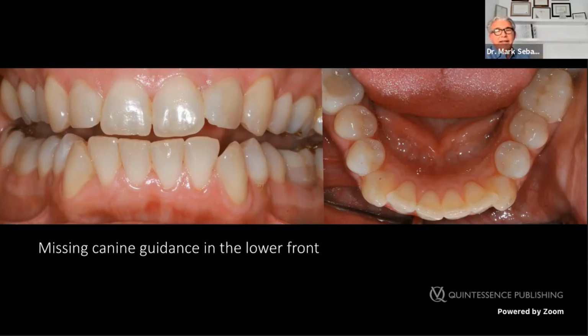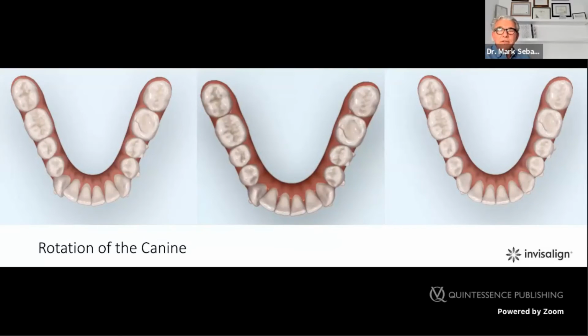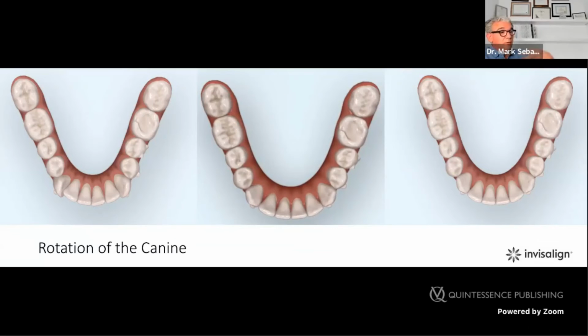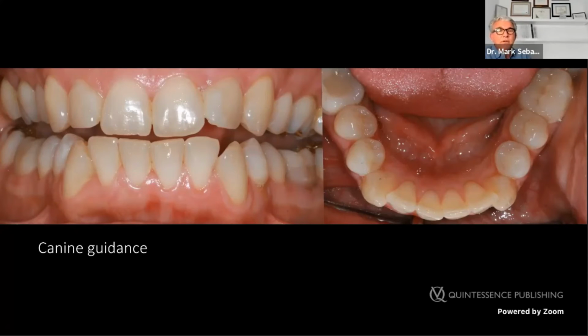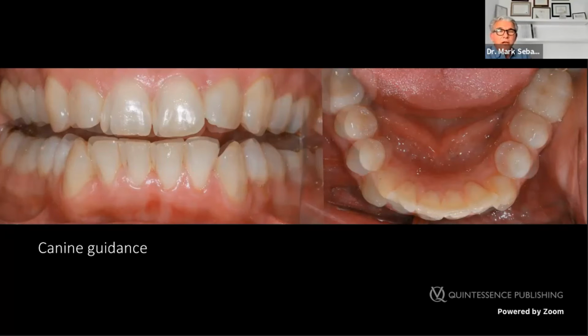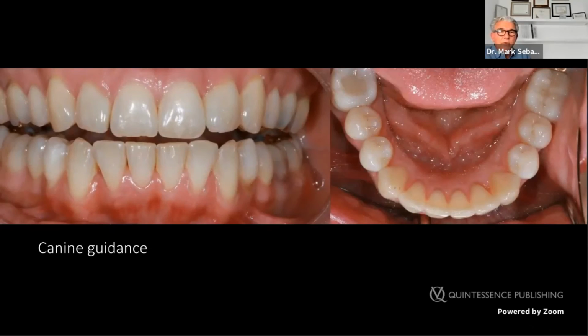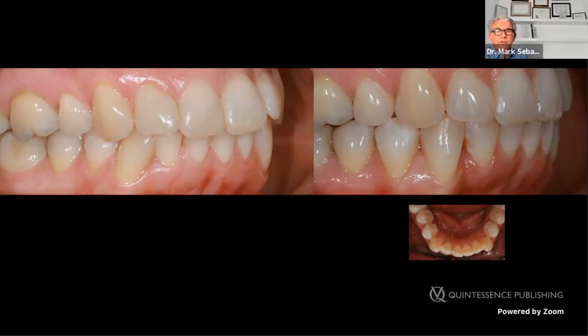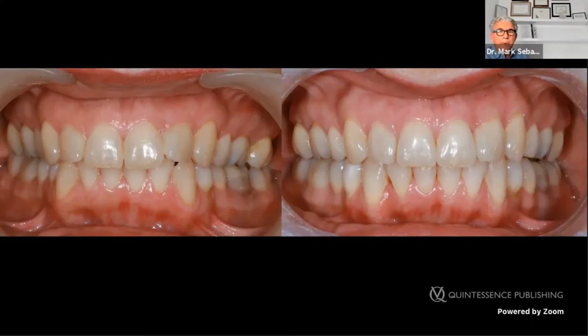And again, just what we did, changed the arch form a little bit. Maybe we did some good for the airways, placed in a better function. This is how we change it. We put them back in the arch. We widened the arch, gave the tongue more space. Before and after, uprighted the canine. Before and after.